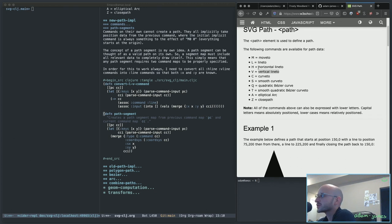So for example, if you have a horizontal line 2, the command will be H followed by some number, only one number. And since it's a horizontal command, it'll mean keep your Y position the same, but move your X position to this spot. But if I'm splitting all the commands out and then building segments that are perfectly self-contained, I need to know the prior position. The potential issue here is if you happen to chain multiple H and V's together, you might need to step back several things at once in order to,